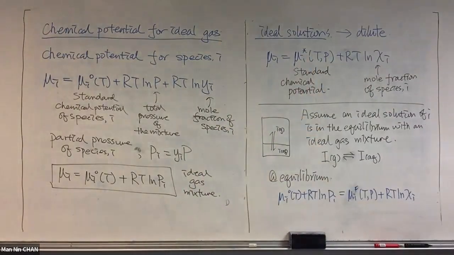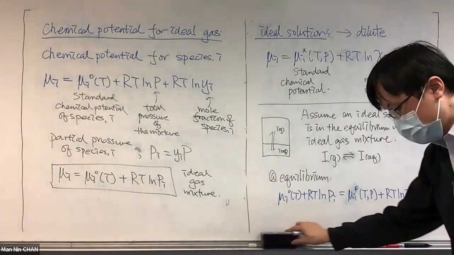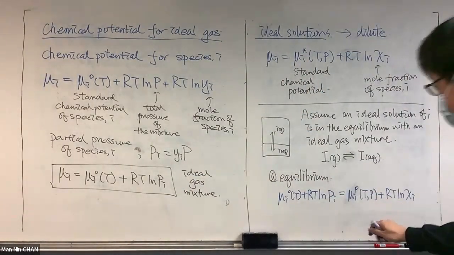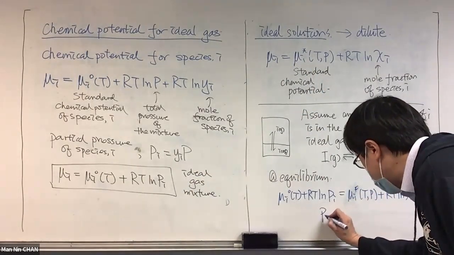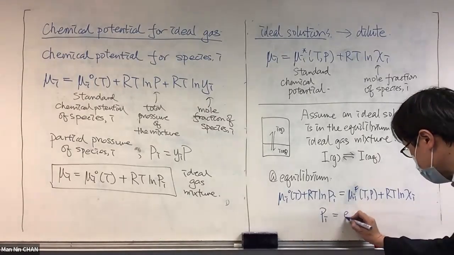Then if I rearrange this equation, you'll find that the partial pressure of the I will be equal to its potential